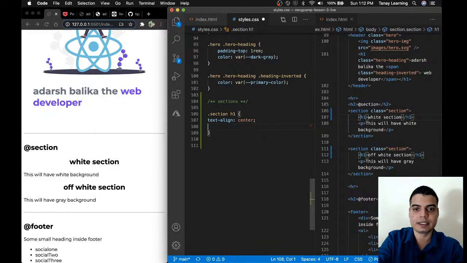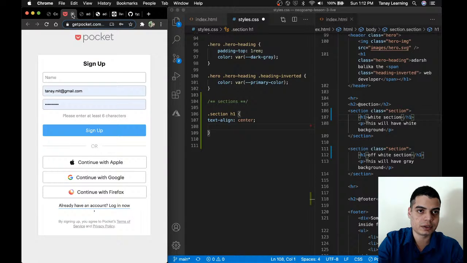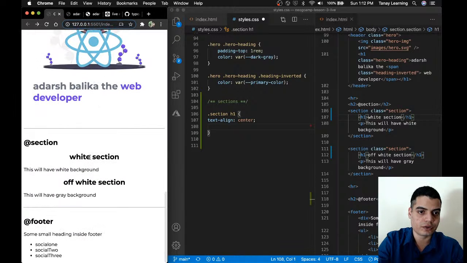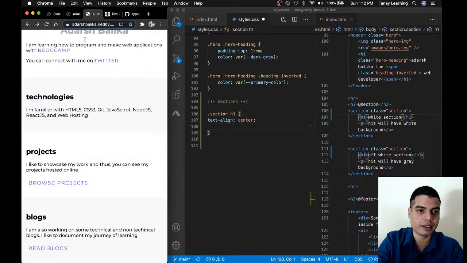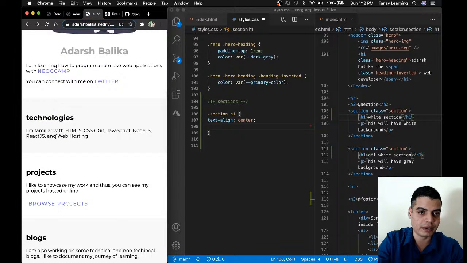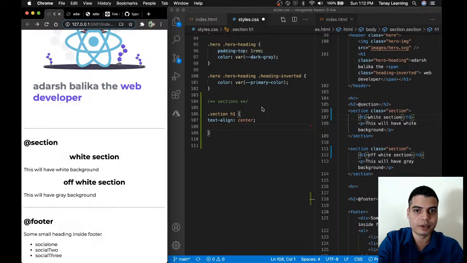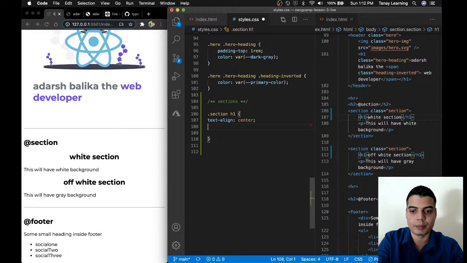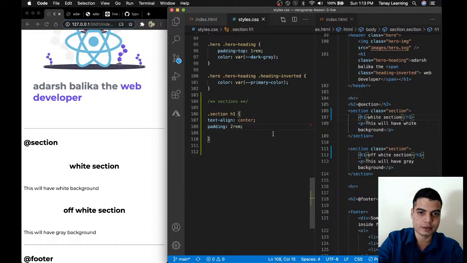I also want all sections to have padding, because if you see, what is this? If you see these sections, not here, sorry, in Adarsh Balika it has paddings. You see the top padding here and the bottom padding here. So I want also the sections to have some padding on top and bottom. Somewhere around 2 rem would be good. Yes, this looks nice. Now let me beautify it,